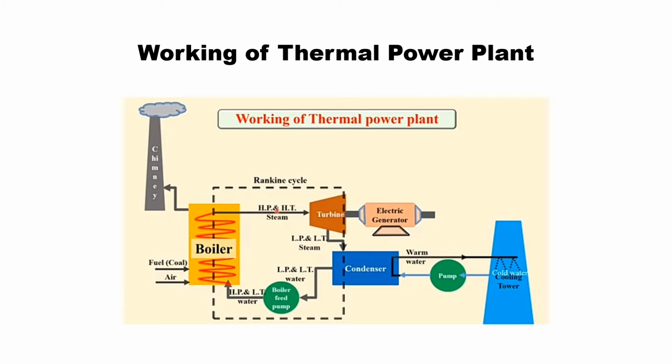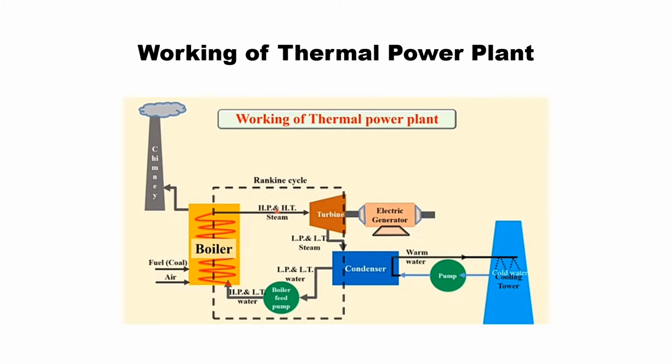Turbine is a device which generates mechanical energy as output. Here we use steam as input, so this particular type of turbine is called a steam turbine. In the turbine, steam will be coming from the boiler. Inside the turbine we have blades. Those blades are connected to a common shaft. So steam will impact the blades and the blades will start rotating. As the blades start rotating, the shaft also starts rotating. As the shaft rotates, we have mechanical energy available as the output of the turbine.